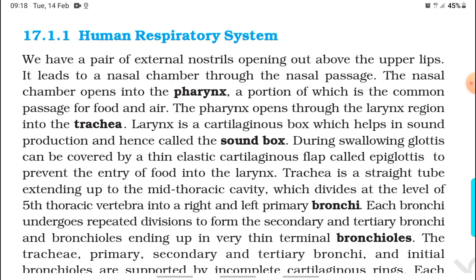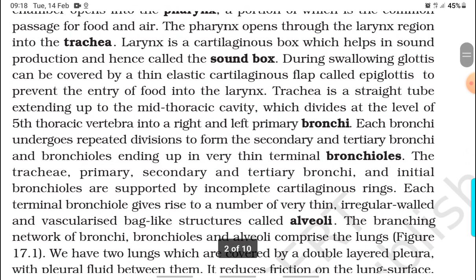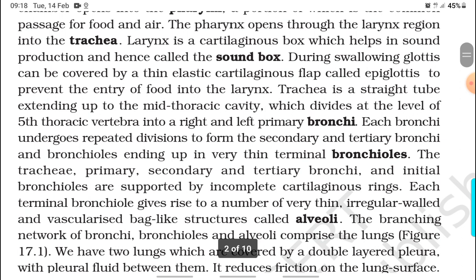During swallowing, the glottis can be covered by a thin elastic cartilaginous flap called epiglottis to prevent the entry of food into the larynx. Trachea is a straight tube extending up to the mid-thoracic cavity, which divides at the end of the fifth thoracic vertebra into a right and left primary bronchi. Each bronchus undergoes repeated division to form the secondary and tertiary bronchi and bronchioles, ending up in very thin